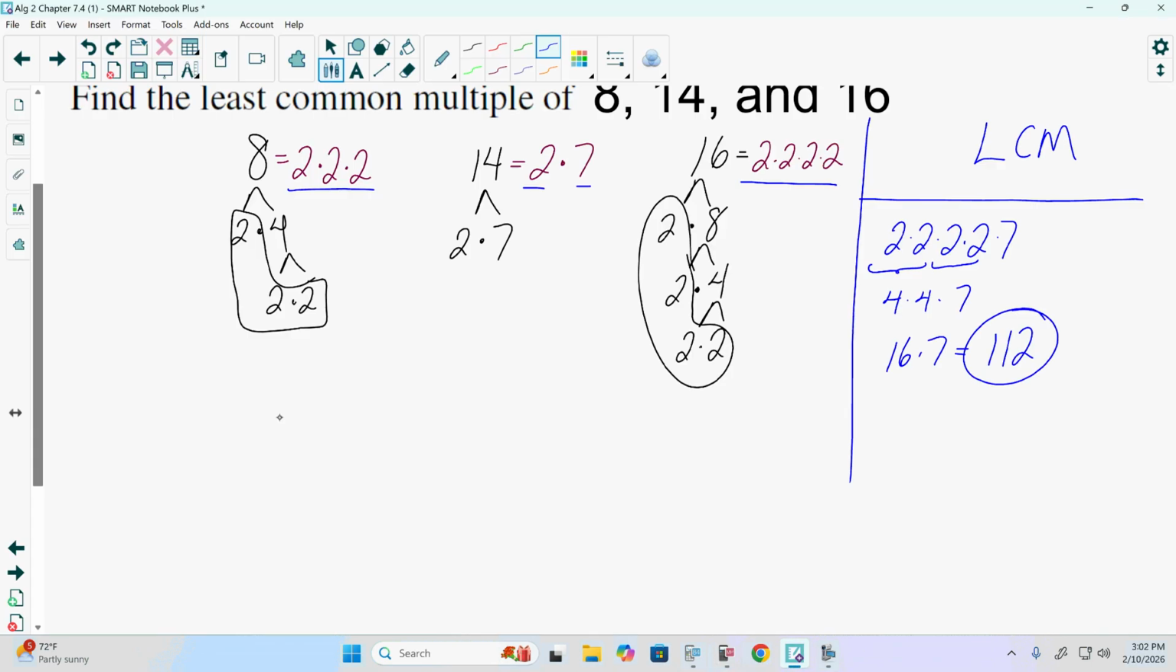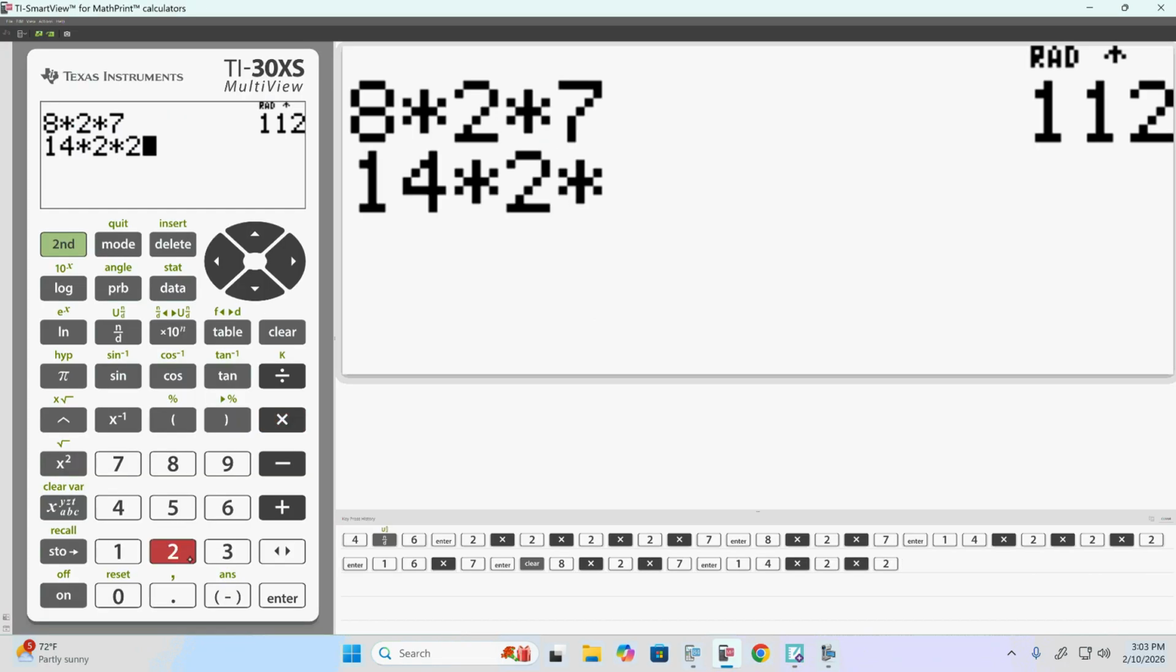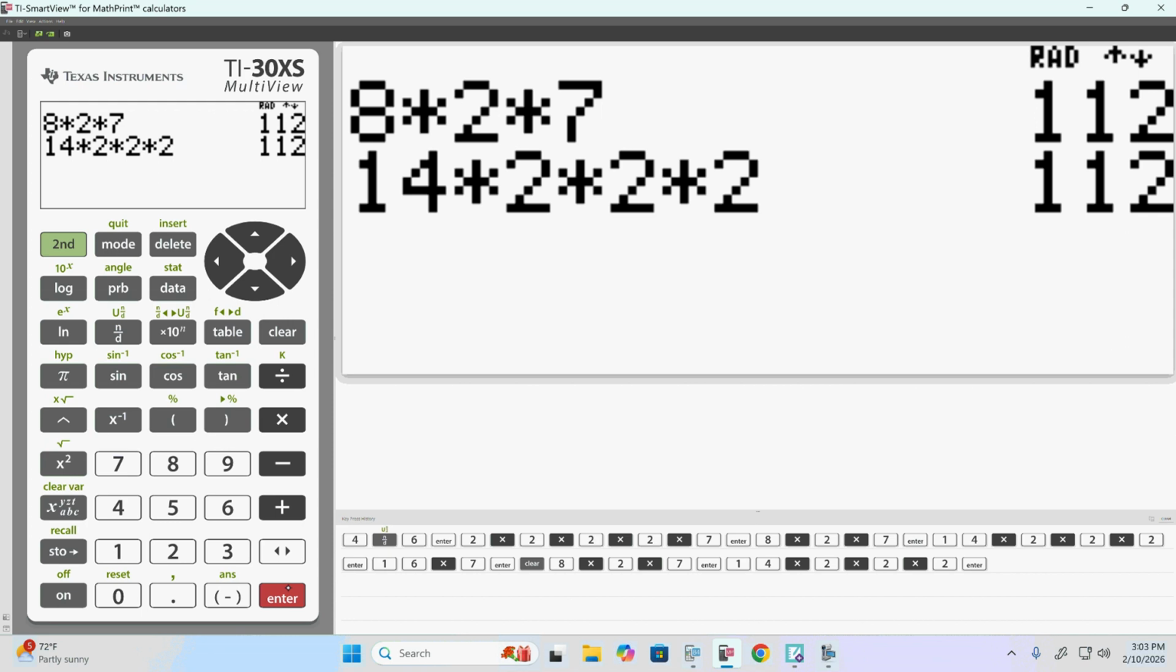14, our middle number. It had 1, 2, and it had 1, 7. So it has the 7, like the least common multiple does. It has 1, 2, but it's missing what? 3 factors of 2, yes? So if I take 14 and multiply it by 2 3 times, we get